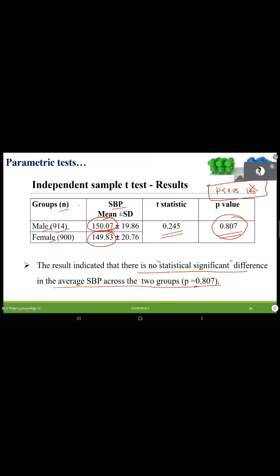Yes, sir. Okay, now I have a question for you. See here, I compared the average value of SBP between males and females. Can you tell one situation where you can go for independent sample t-test? You can say, I want to compare the average cholesterol level between normal subjects and obese subjects, two independent groups, with a quantitative variable. If it is normally distributed, you can go for independent sample t-test. Can you give one example? In this specific research question, I may go for independent sample t-test if data follows normality. Two groups, any continuous variable.